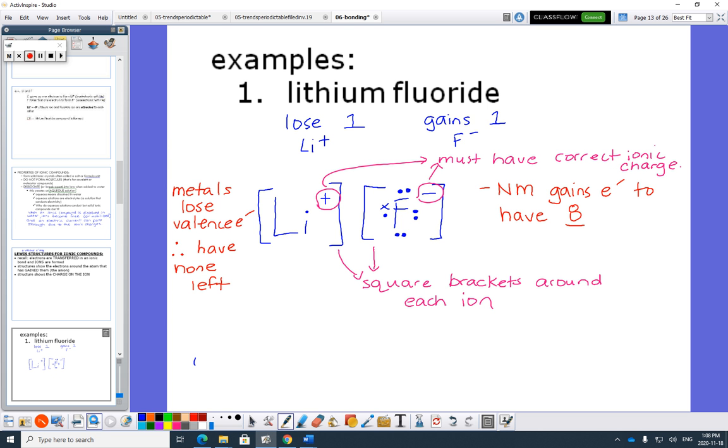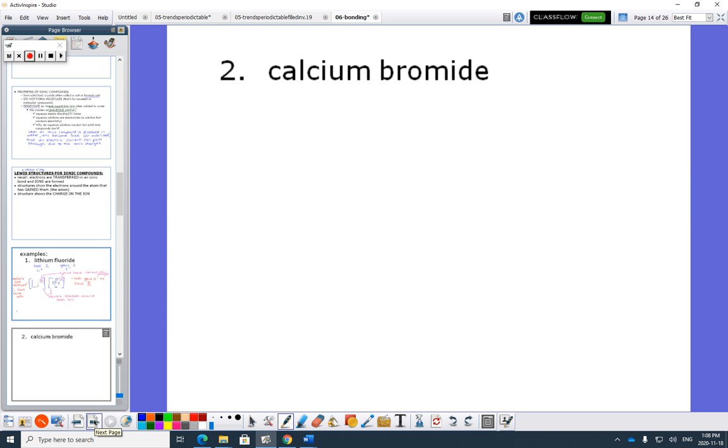Okay? So let's do one that doesn't match up. So we'll do calcium and bromine. So calcium is in the second column, so it has to lose 2. Bromine is a halogen like fluorine, so it's going to gain 1. Okay, so calcium is going to lose 2. So if it helps you, what you can do is really lightly sort of draw them in, but then we're going to erase them. Okay, so if you have calcium and you need a bromine,